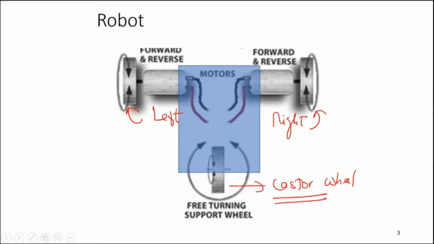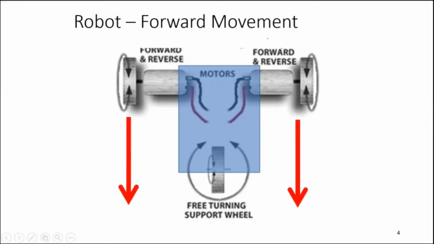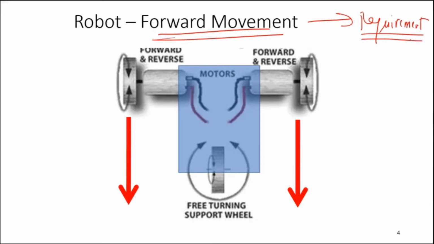So the discussion of the previous class was how are we going to design the electronics for this particular robot? How do we design a simple circuit that will make the robot move forward and reverse depending upon our command? In order to design the electronics, it is necessary to understand the underlying operations and underlying physics of this robot. For making the robot move in the forward direction, what is the requirement? Someone tell me, how do I make the robot move in the forward direction?